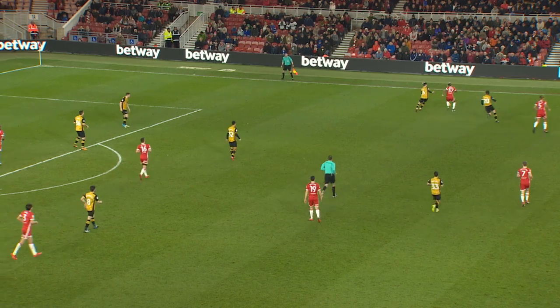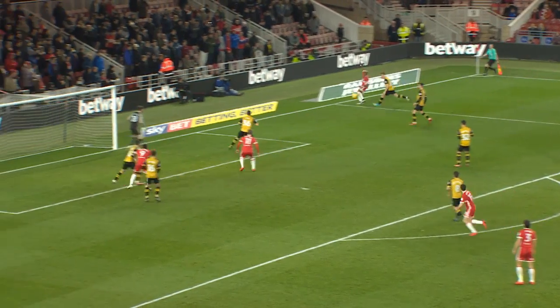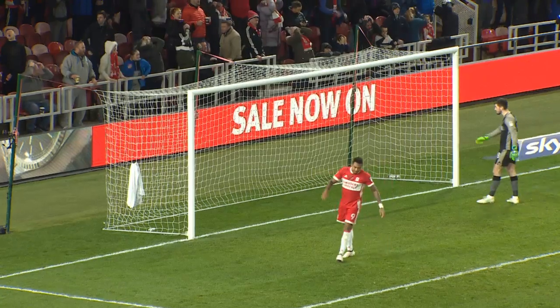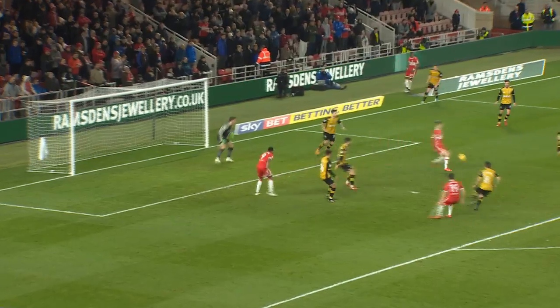Gives it to Traore, whose touch is rubbish. Oh, and then he's played over the head though of Fox with a bit of brilliance. Gets towards the byline, still going Traore, cuts it into the middle. Touched by Bamford, turn, strike over the bar. Great work after a really poor touch from Traore, and Bamford had time to take it down, spin inside the